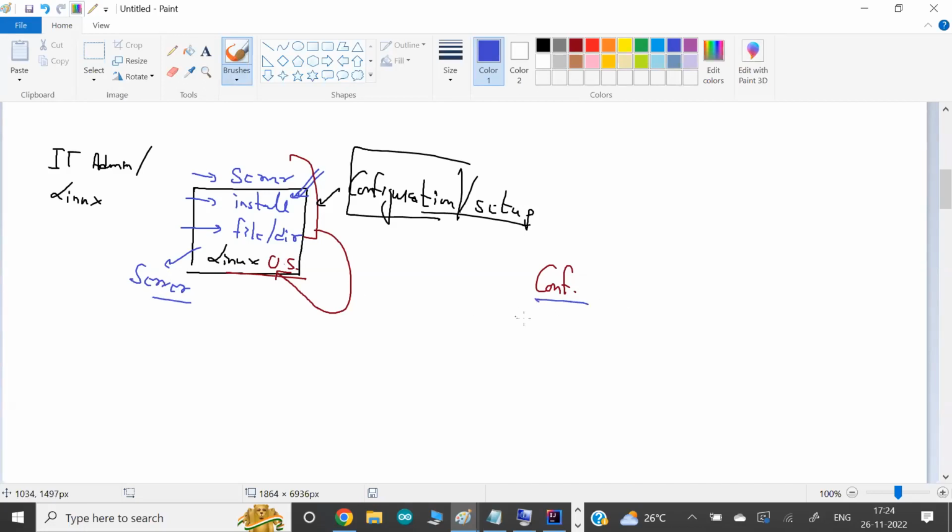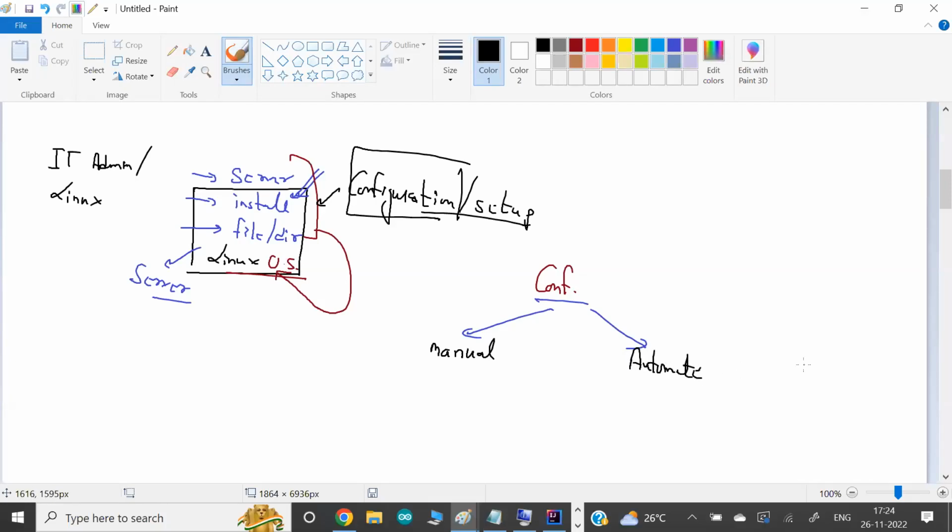Now there are two approaches to configure. One approach is I can log into the system and type commands like the touch command, mkdir command, or yum command, for example, whatever you know, to do the small thing or the big thing you want to configure. So one approach would be you log into the system, type the commands, and do your setups. That's called the manual way. The other way would be, rather than typing things yourself, you can automate that part.